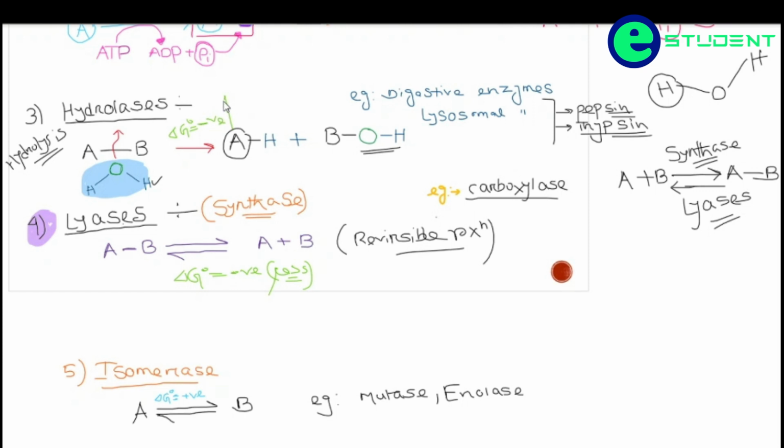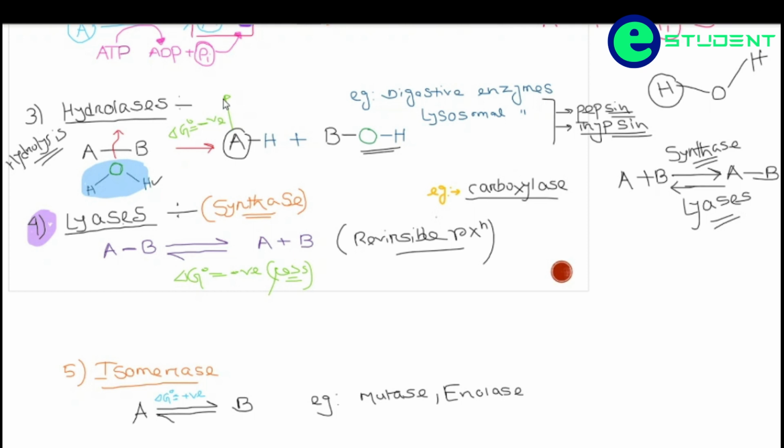It is very obvious that when pepsin or trypsin catalyze their substrate and break it into smaller parts for absorption by our digestive system, then it is not possible that after the breakdown of a protein into amino acids it can be reverted back into the protein again. So this hydrolysis reaction must always go in the forward direction forever. It is never a reversible reaction. I think you are clear. That's why the delta G naught is very highly negative in the case of hydrolysis reactions, whereas in